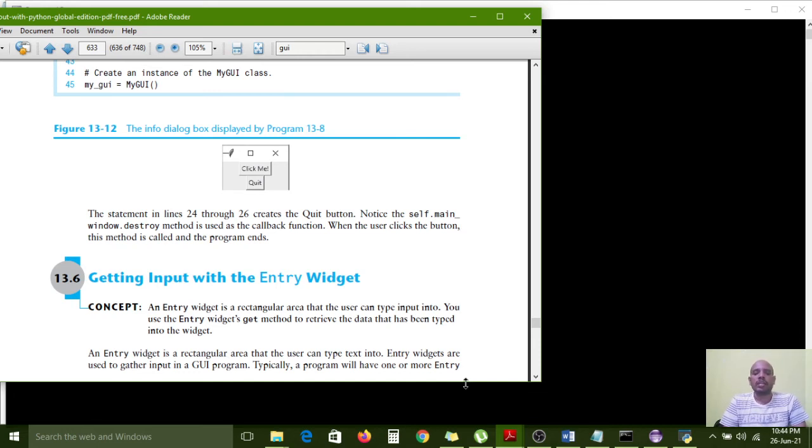Next you use the entry widget's get method to receive the data. If you enter a number in the text box, the get method will collect that value from the entry widget. Whatever data the user entered is collected by the get method from the entry widget. So here the definition is satisfied now.